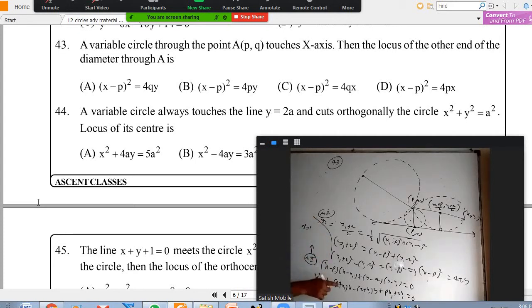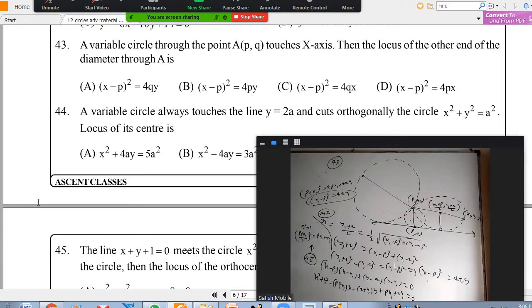Using g square equal to c, 2g is this, so p plus x1 by 2 whole square equal to the constant px1 plus qy1. You can send this 4 to that side, and you are going to get p plus x1 whole square equal to 4px1 plus 4qy1. When you bring this one to this side, a plus b whole square minus 4ab is a minus b whole square. You get x1 minus p whole square equal to 4qy1. That is the answer. Okay, same answer that we got.